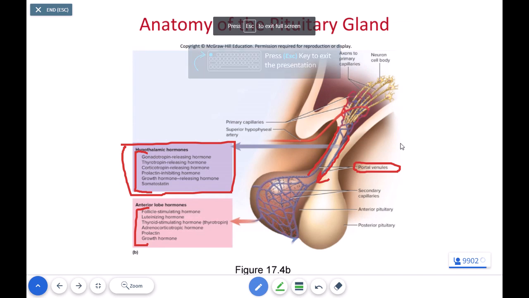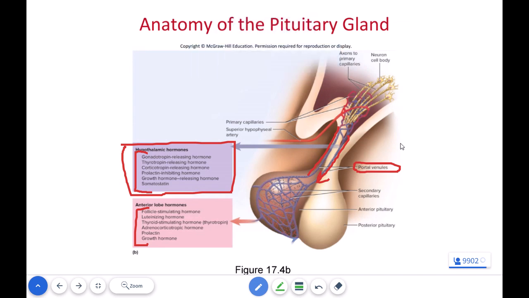So, as we look at our pituitary gland, it's the anterior and the posterior combined together. And just to review, the anterior pituitary gland makes hormones. The posterior pituitary gland will store and release hormones. It doesn't actually synthesize hormones directly. So as we look at our anterior pituitary gland,